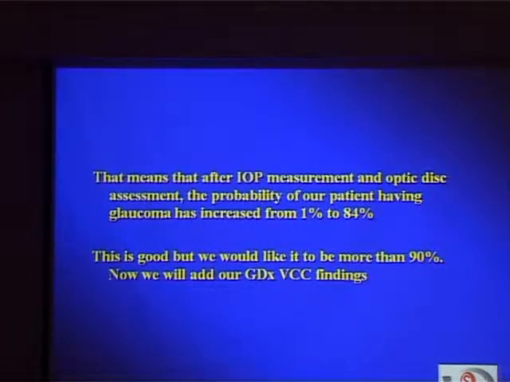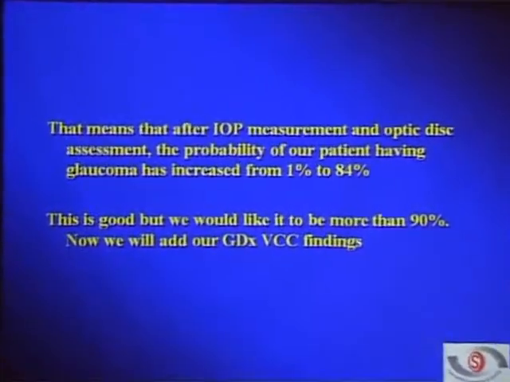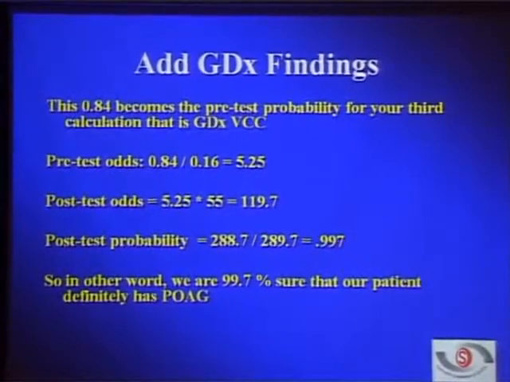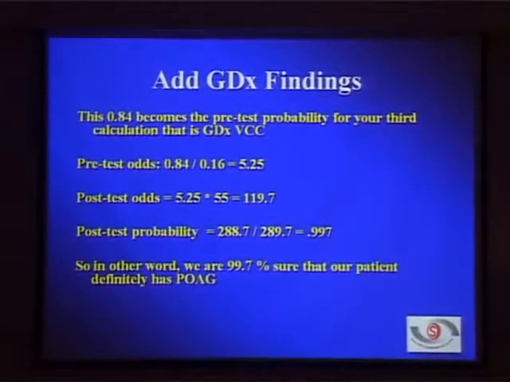Here I have not used automated perimetry, which is normal. Actually you can use that test also, the normal result, to reduce the post-test probability, but we will not go into detail, it will become a little complicated. And here after using GDx it is 0.997, that means 99% sure. So each test you have used along with the other clinical tests.